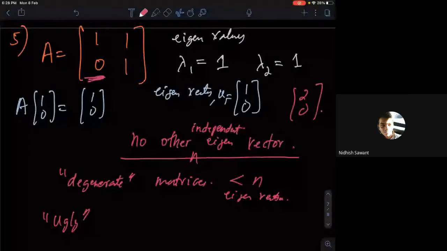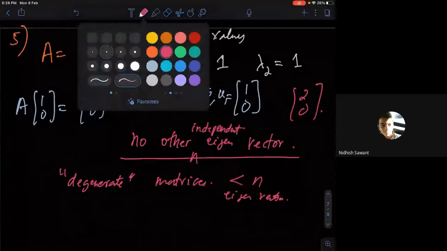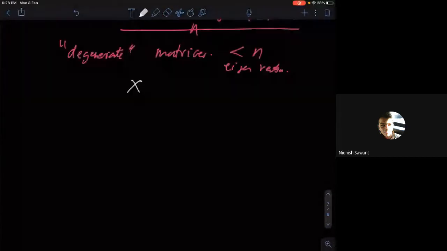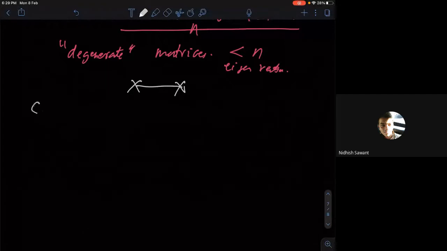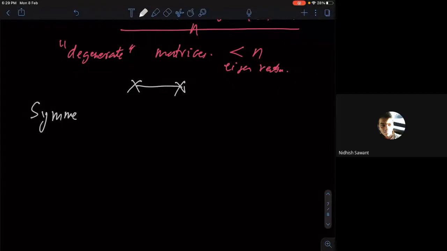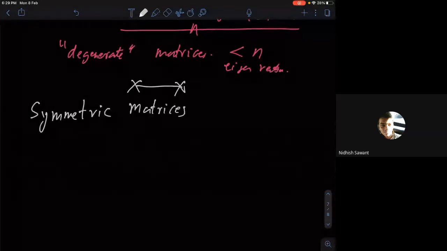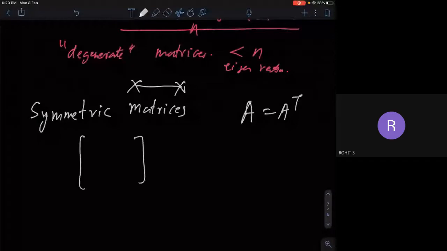Let me just finish by saying the kind of matrices we are interested in, and what is special in those kinds of matrices. I will tell this now, and I will repeat it again tomorrow so that you hear this twice. We will be interested in symmetric matrices. You know what symmetric matrices are? A equal to A transpose. What does it mean? If you have a matrix like this,